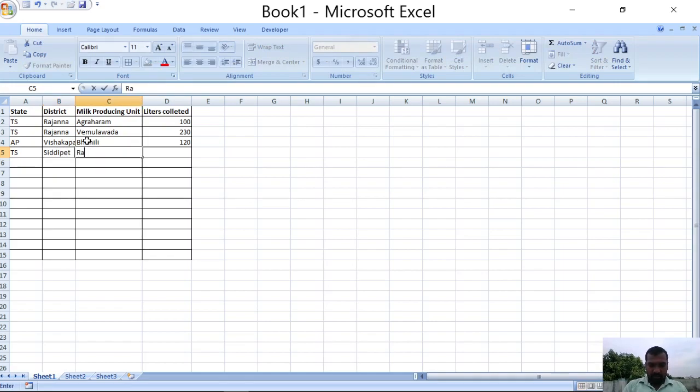Village name is Raghavapur, number of liters collected 200. State name is TS, district name is Karimnagar, and milk producing unit name is Jyotinagar, number of liters collected 110. Again TS, Karimnagar.